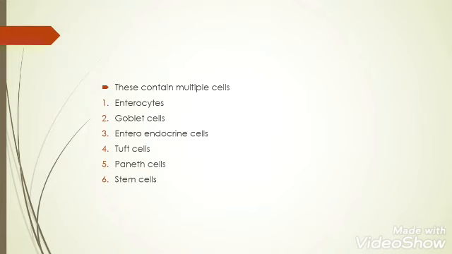Okay, so enterocytes. Enterocytes are the cells that are totally aided in absorbing water and electrolytes. That is the purpose of enterocytes. And apart from that, you also get goblet cells. Goblet cells are usually bell-shaped cells which you find in the crypts of Lieberkühn, and the purpose of the goblet cell is secreting mucus.